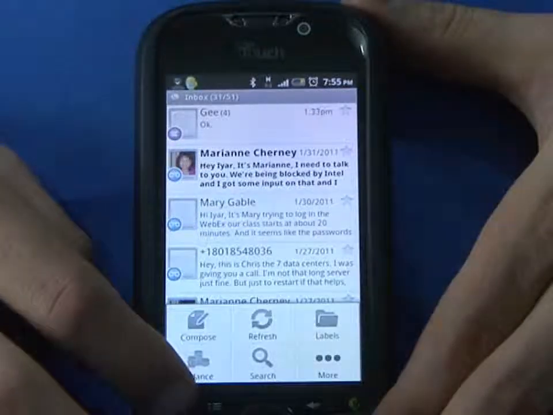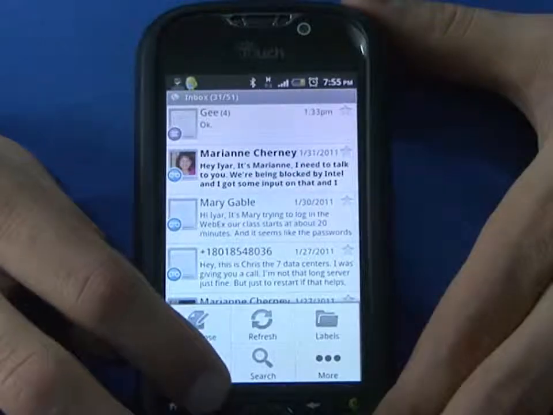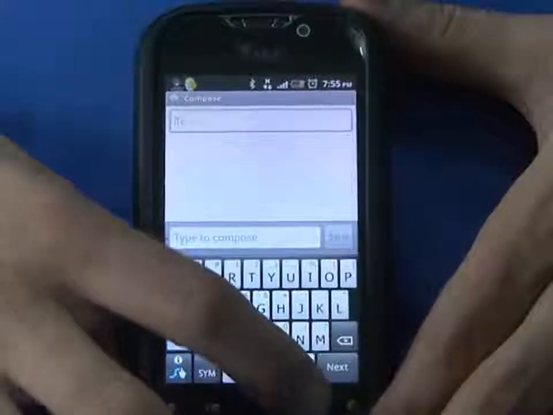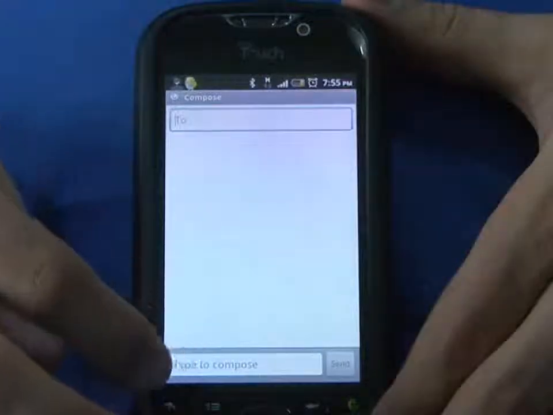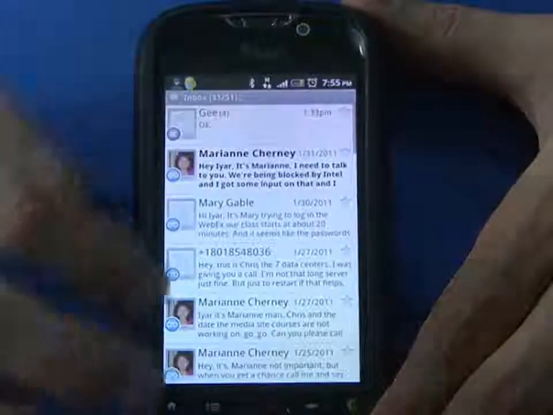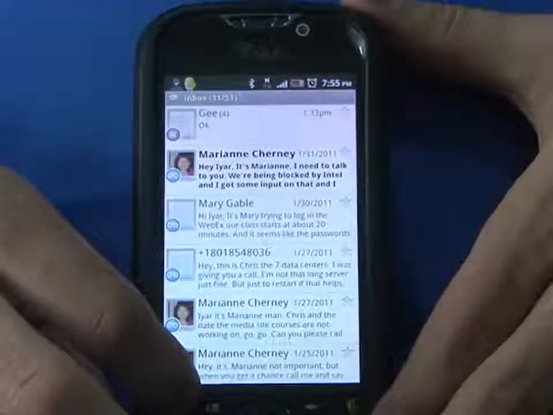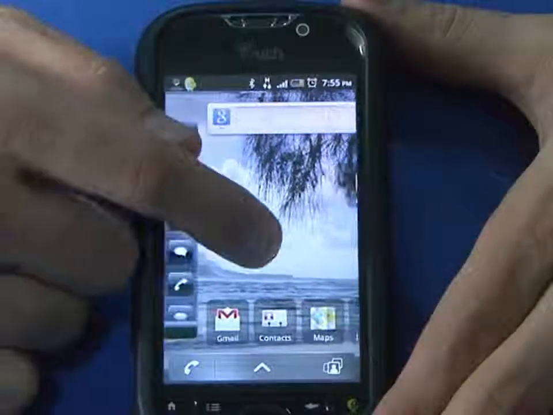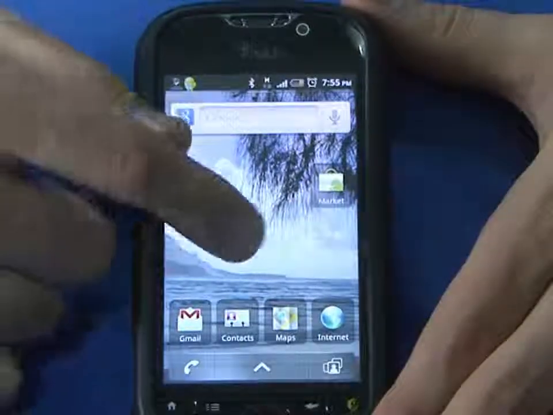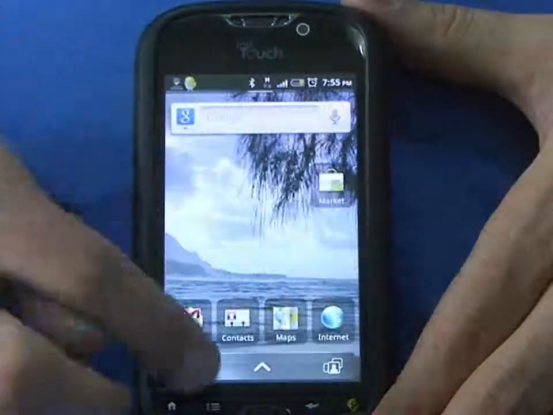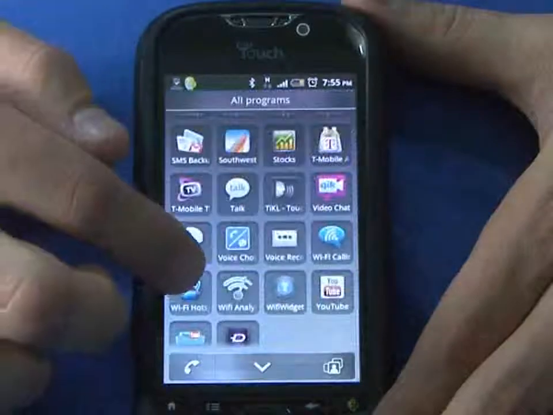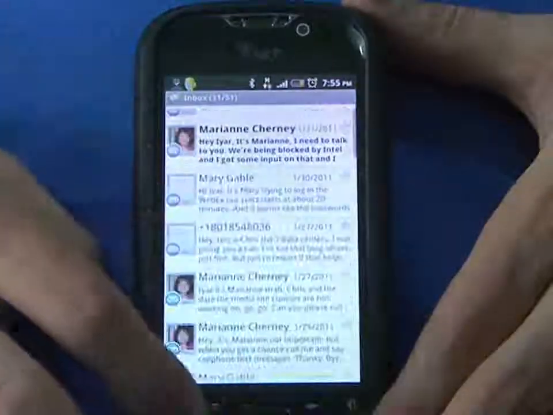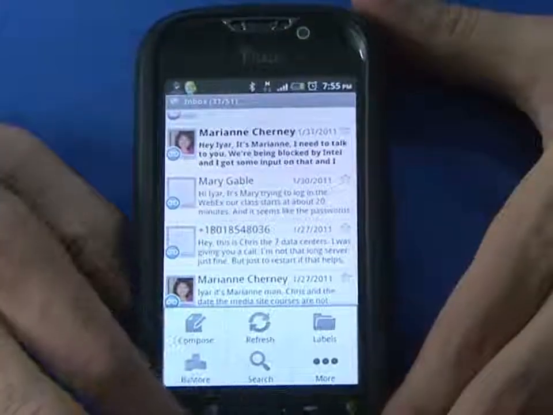I can also take a look at text messages if I like. I can compose new messages and send them out. And really what it allows us to do is what Voice Choice allows us to do. And it allows us to dial out with that number. Let me show you inside here. Let me show you why you would need that first, which is from here, if I go to the settings,